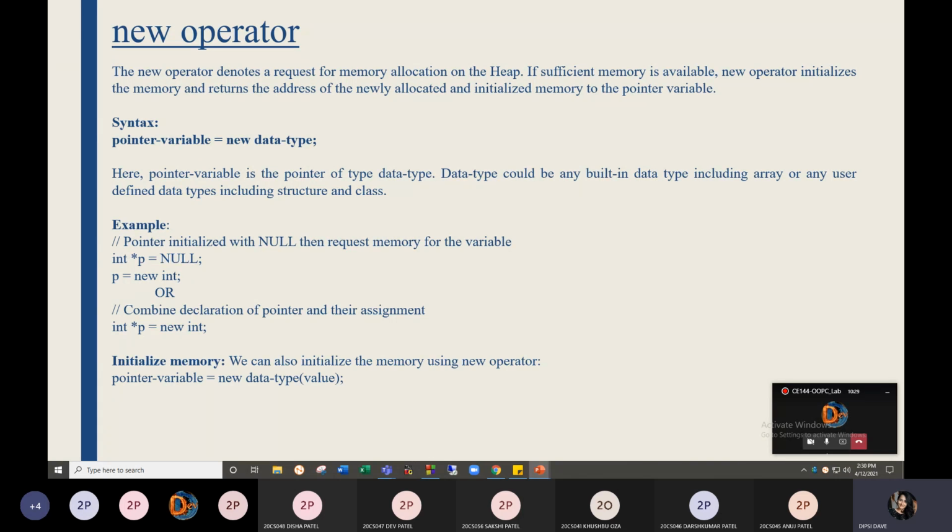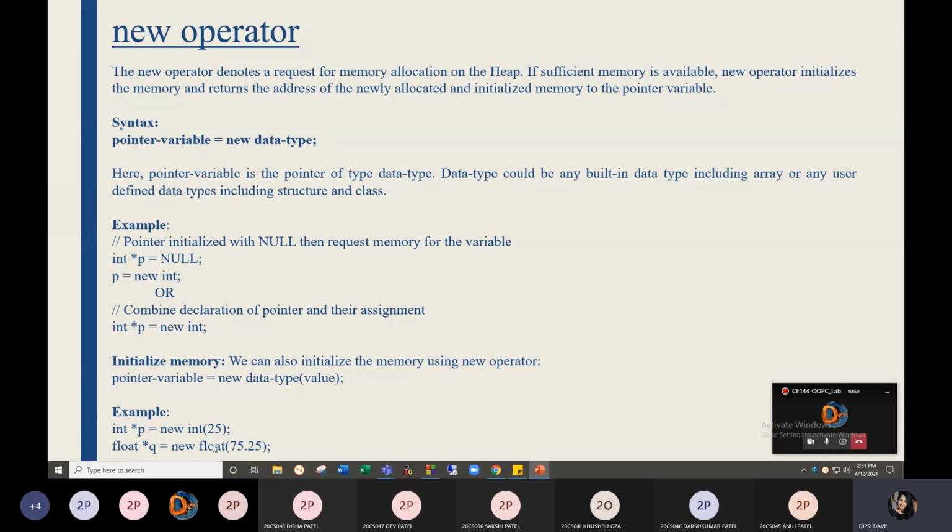We can also initialize the memory using the new operator: pointer variable equals new data type, and inside the brackets a value. This is the example. See, int, the same thing, but in the round brackets we provide 25. So that location will be given the value 25.